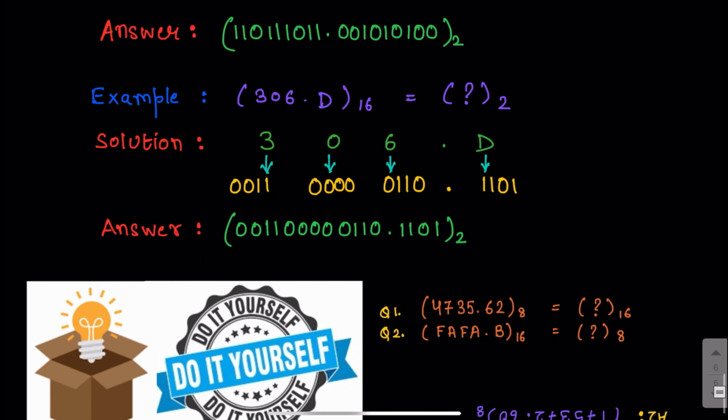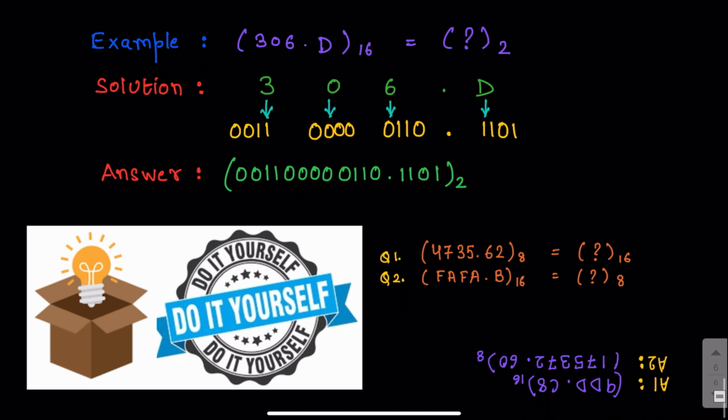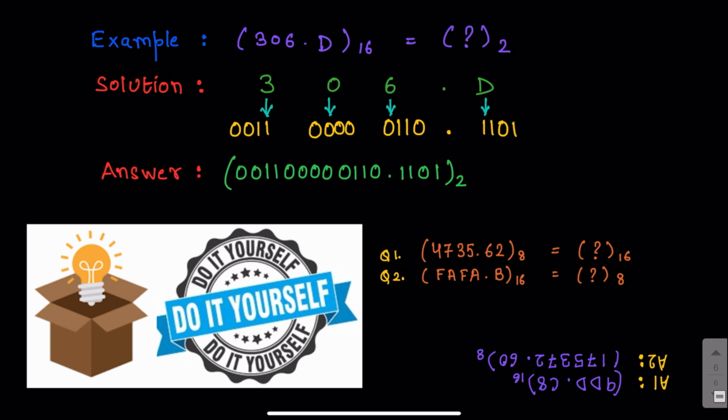Similarly, if you want to convert a hexadecimal to binary, again, what do you do? Now I write the 4-bit equivalent for each of the digits. So in this particular question, I have 306.D. I need to convert it to binary. So what do I do? I write down 0011 and then 0000, 0110, and then D is 13. That is why it is 8, 4, 2 and 1. That makes it 13. So in this way, I get the answer for the binary conversion.